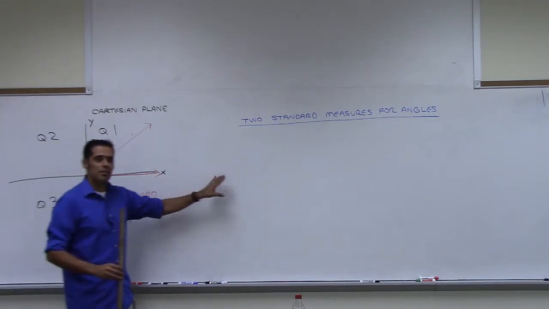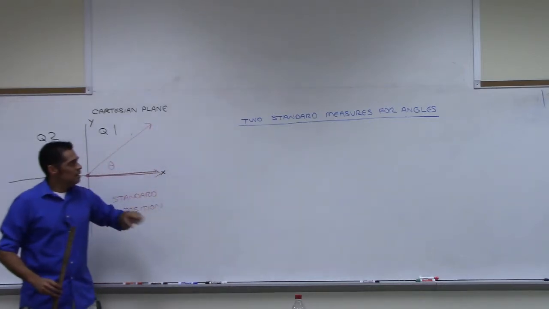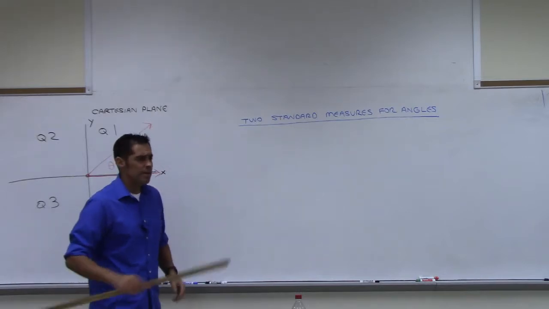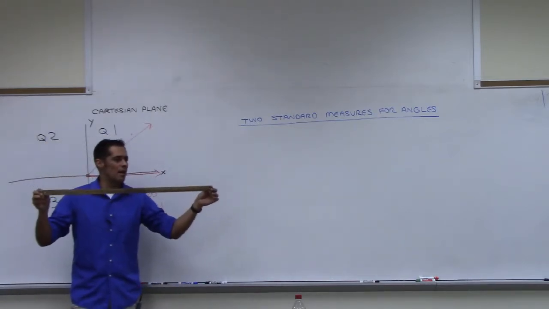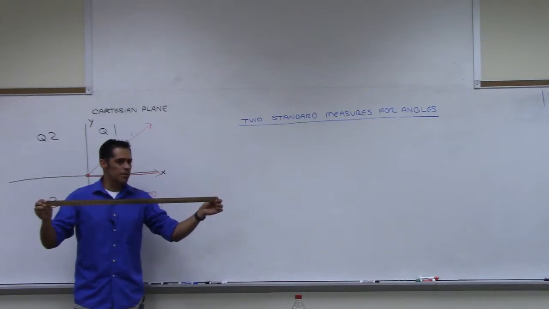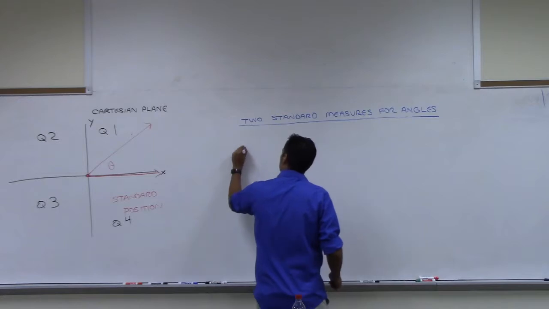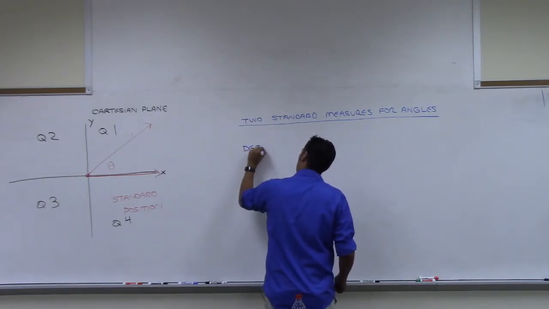When it comes to angles, it's the same idea. We have two different ways of measuring. Degrees is one of them, radians is the other. Degrees is the one that makes most sense when compared to a ruler. Because what we're going to do for degrees, and this is what we're going to start with, degrees,